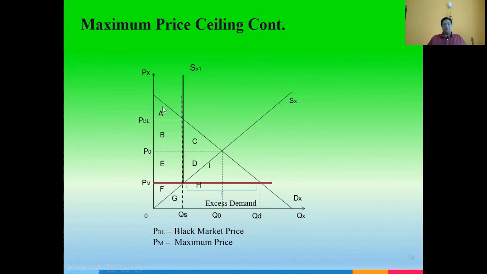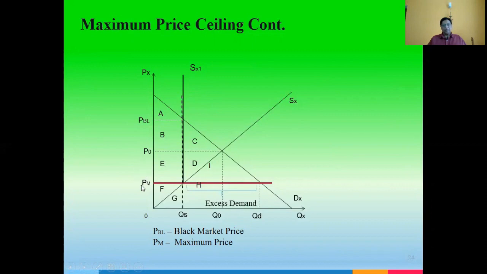Now, consumer surplus is given by the area of A plus B plus C. Then producer surplus is given by the area of FED. Now, suppose that government imposes maximum price of PM